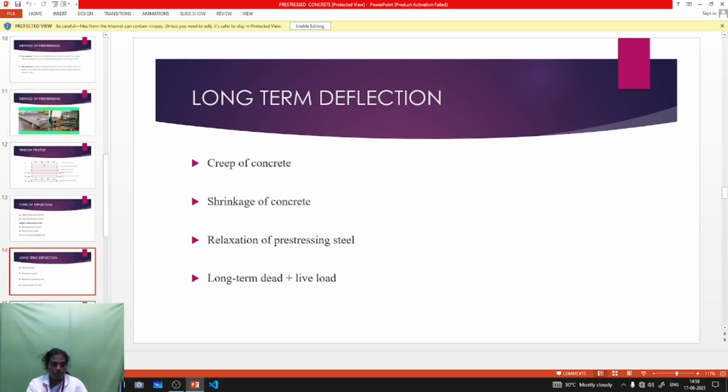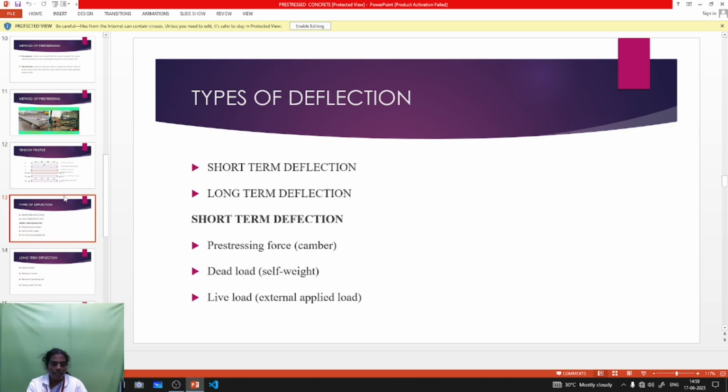Next one, the long term, short term deflection due to only 3 members: free stressing force, dead load, live load. So dead load deflection, how to calculate the dead load deflection? It is a simply supported beam, means the dead load formula is 5 by 384 WL power 4 divided by EI. Then how to calculate the live load deflection? The live load deflection is